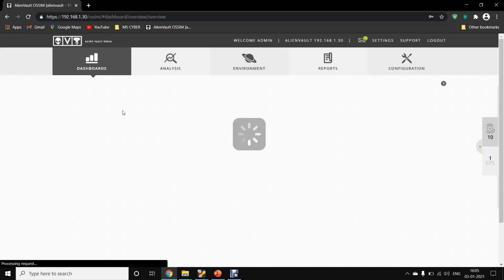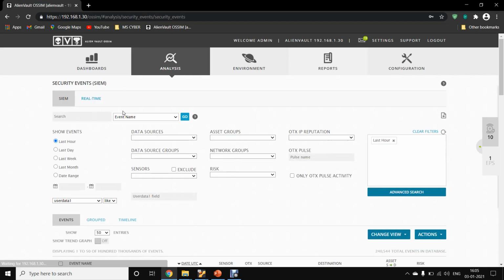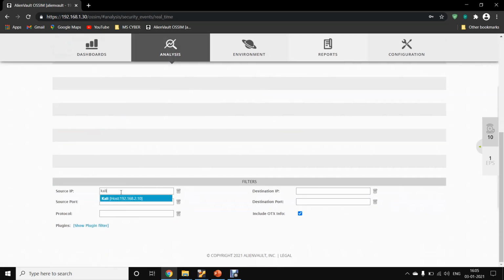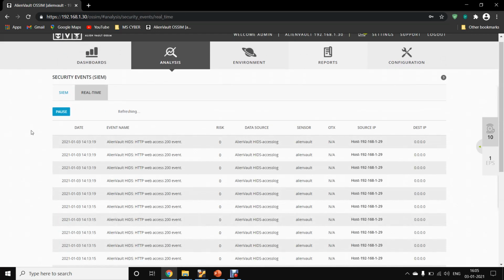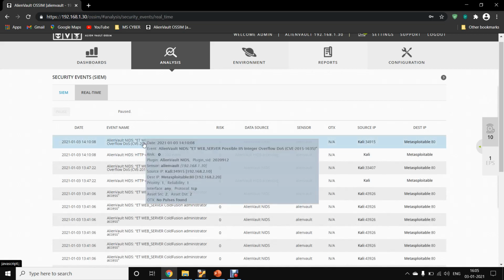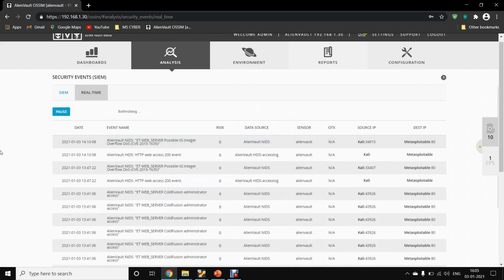Let's see if we can find it over SIEM events in real time from Kali to Metasploit. Let's refresh. We haven't yet received the attack.